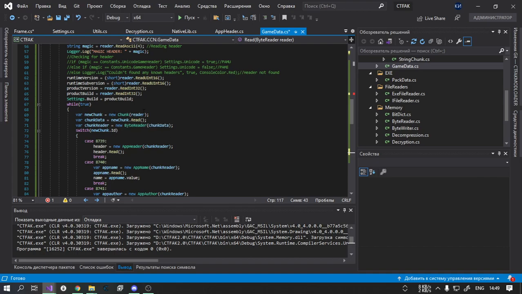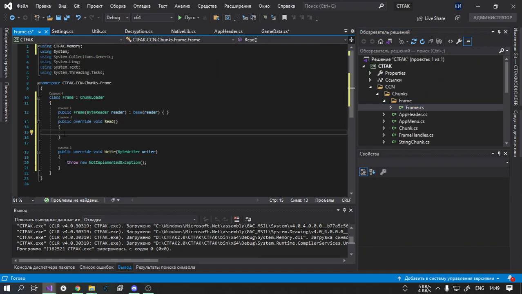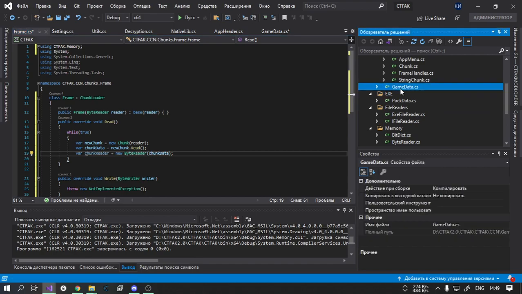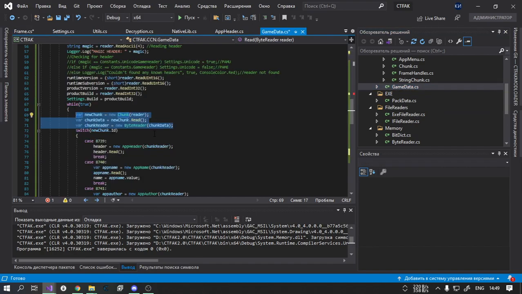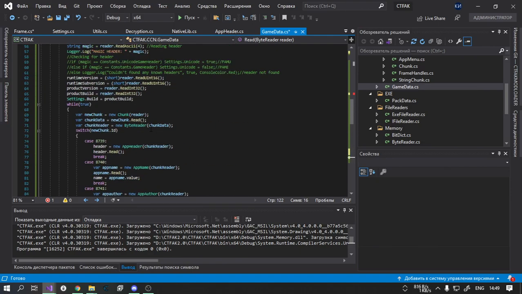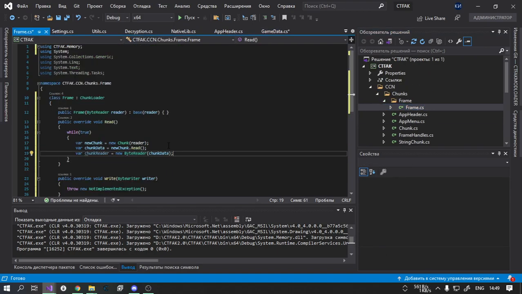Okay, so we are creating a new chunk with the reader, we are reading stuff, and well, that's the code that we need. So we go while true, we paste this code here, and I also forgot one very useful line, this one. We add it here, and we also copy it and add it here,